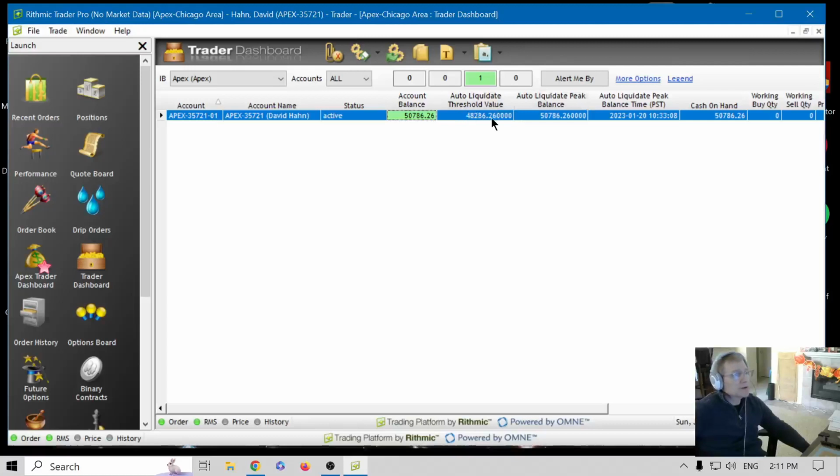Auto liquidate threshold value goes up correspondingly. What you can see here at 10:33, which was my last trade, shows that my liquidate peak balance is the same as my closing account balance. So that shows that I essentially finished trading on my highest balance of the day. I didn't have any major pullback. Why that's important? Auto liquidate threshold value is going to be $2,500